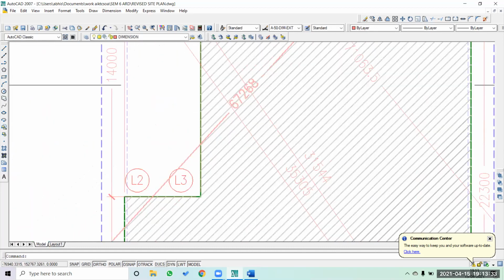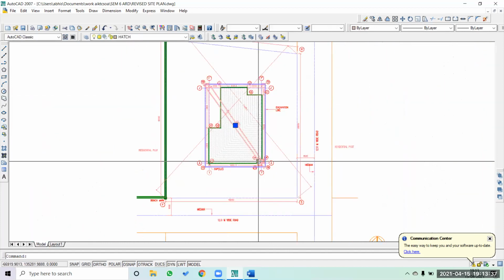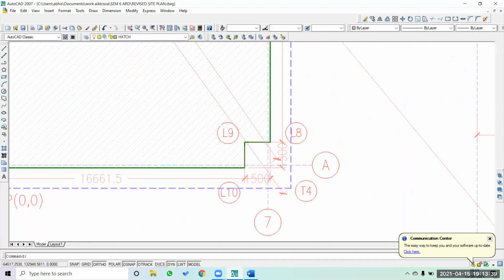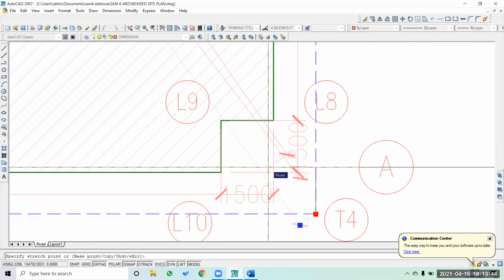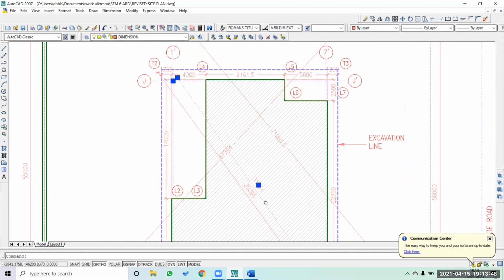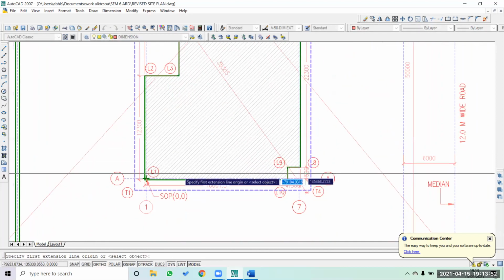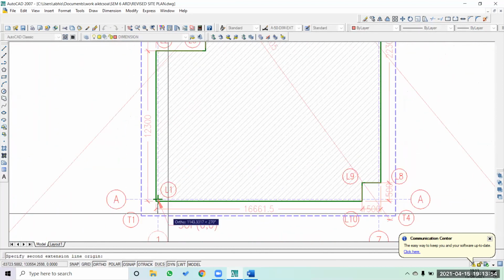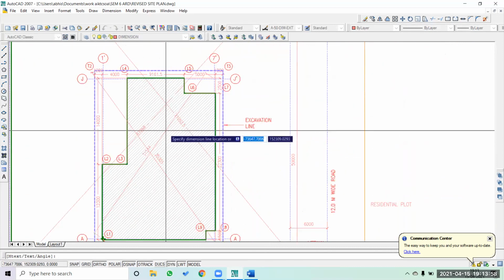So please remember that these diagonal dimensions are also very important. If we just want to change the particular dimensions of center line from here to here, that is also fine.